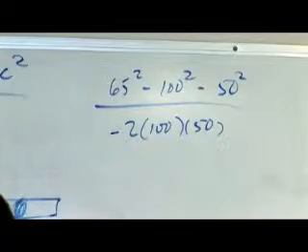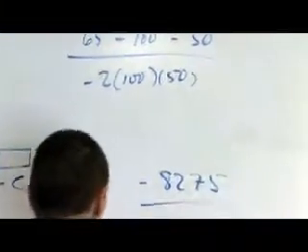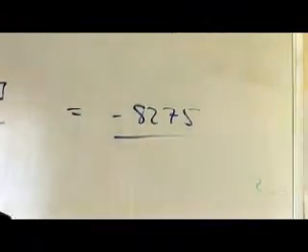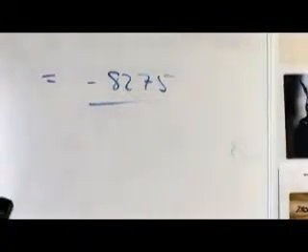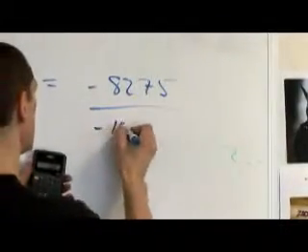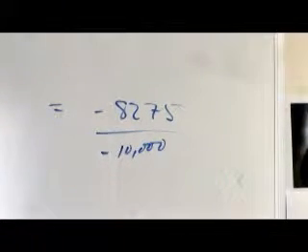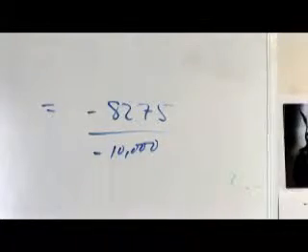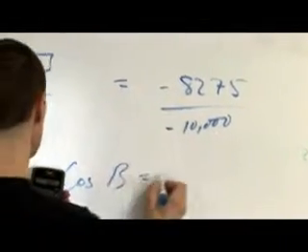This is minus 8275, and the bottom is 2 times minus times 100 times 50. This is minus 10,000, and now I'm going to do some division here. 8275, it's negative, flip it over so it looks right. So we have this, cosine B is equal to